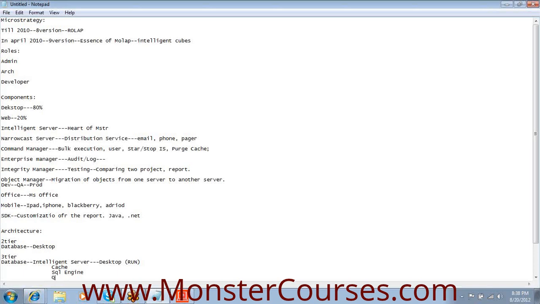Taking that SQL, it will send it to the query engine. These queries will be sent to the database, and they execute the queries there. The result output will be sent back to the query engine, and from there to the desktop of the report. It will be shown in the report. This process is done in less than a second. It depends on the data you are pulling. Now,